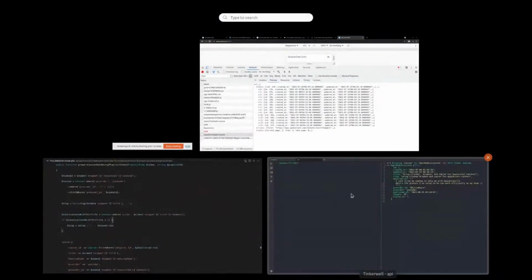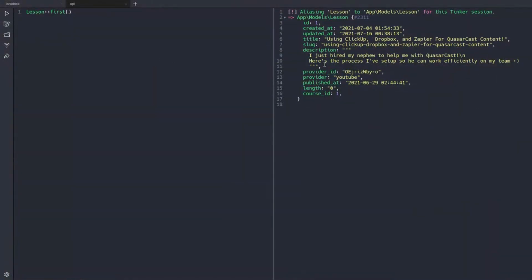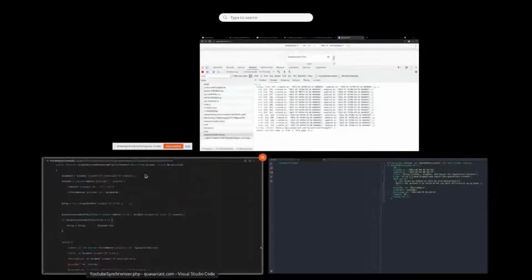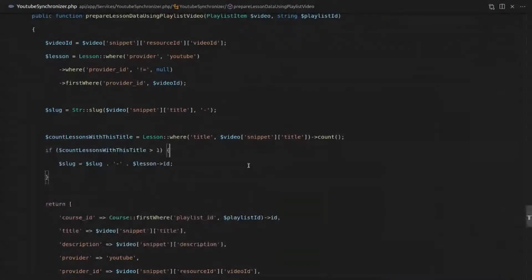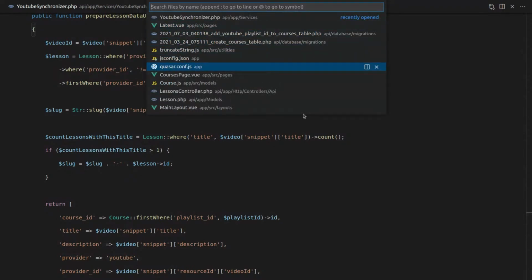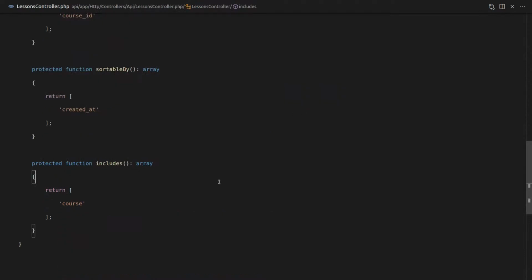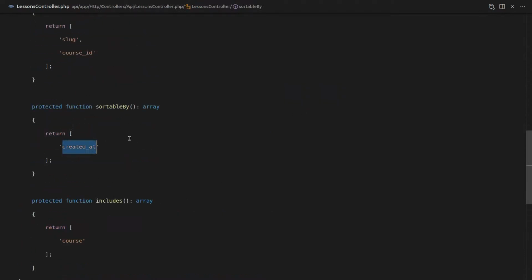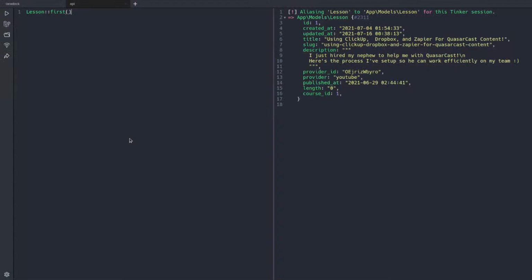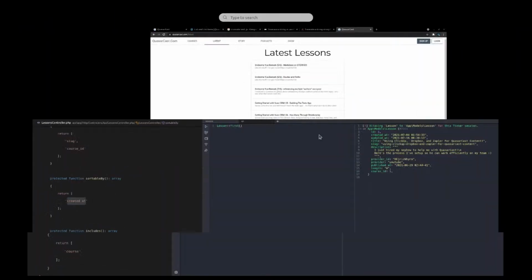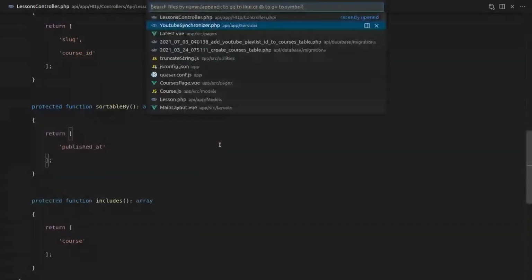All right, let's jump into Tinkerwell here. How on earth did I miss that? Okay, this is very exciting. This means that everything is just going to fall into place based on how it's done in YouTube. Okay, so Luke, don't get too excited. Just calm down, take a breath. Now let's go ahead and build this. So we can order it by published at. If I go back to Tinkerwell, published with a D at. So jump back to code, published at. So I can now sort it by that,